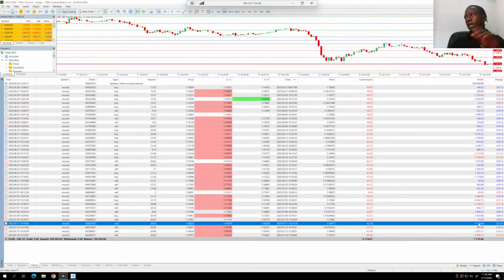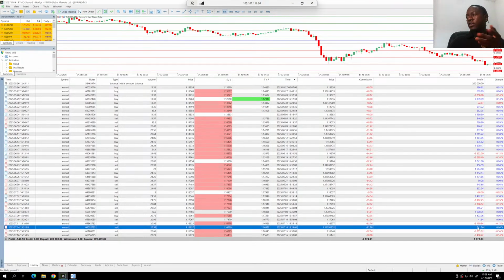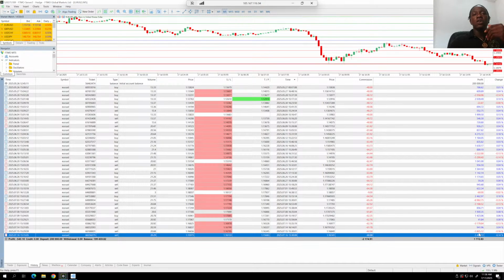Let me see. Yeah, this one was okay. That's a loss. We're not worried about that one. This one was a win. And then the last two trades were news, where it never touched my price, but it entered into the losing